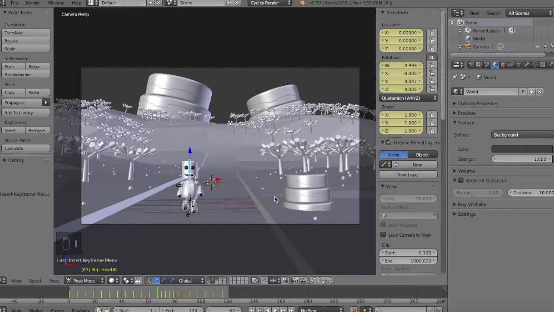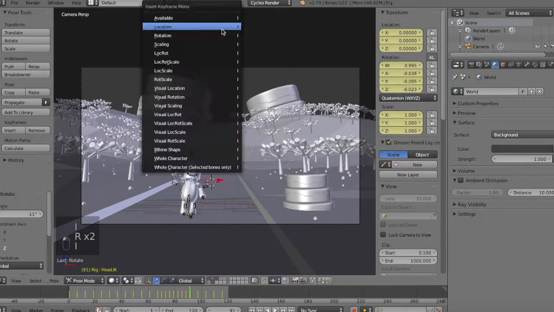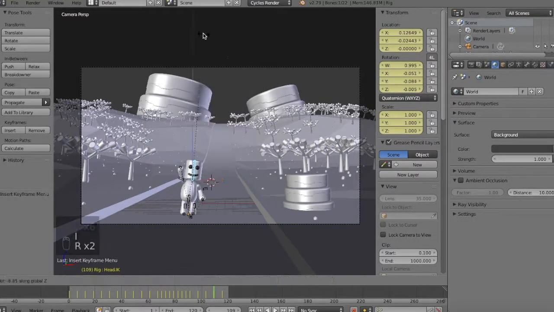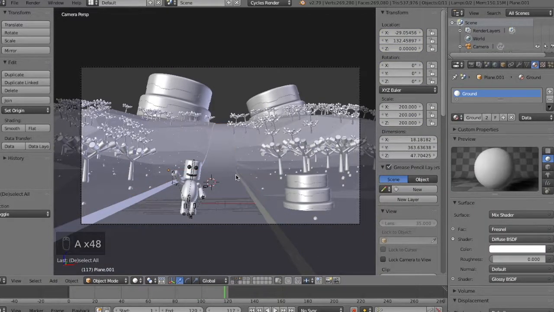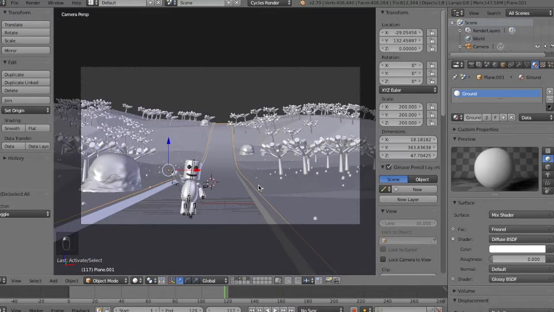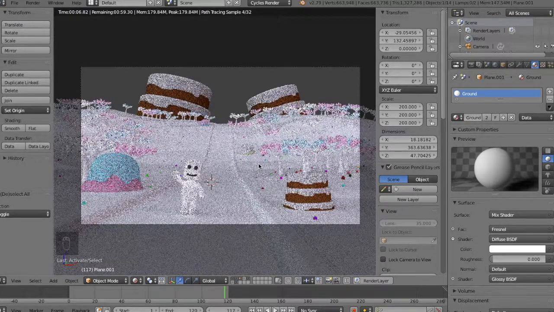So I've noticed that the head of the Marshmallow Man was not facing the camera in its new position, so I re-keyframed those parts of the head in order to now look at the camera. So again, just scrubbing through the animation and adding new keyframes. That looks pretty good. So let's take a quick render,